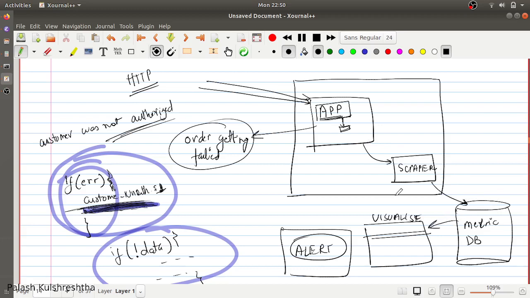From there you can basically visualize that metric and you can create an alert. So what you can visualize is how much this error is coming every hour or every second. And let's suppose you can create an alert like if this error comes more than 500 times for 5 minutes, then you can inform your team that maybe something is wrong.